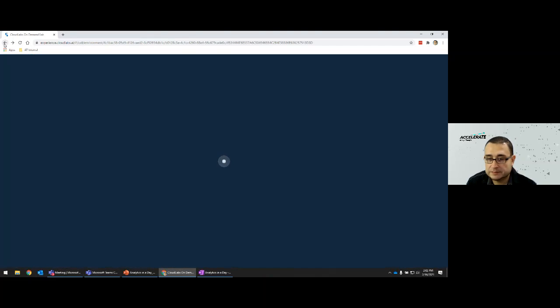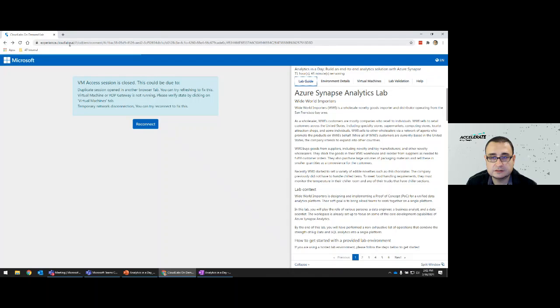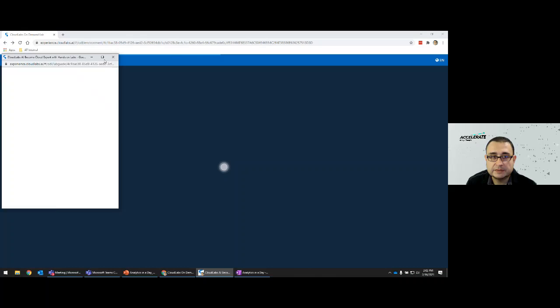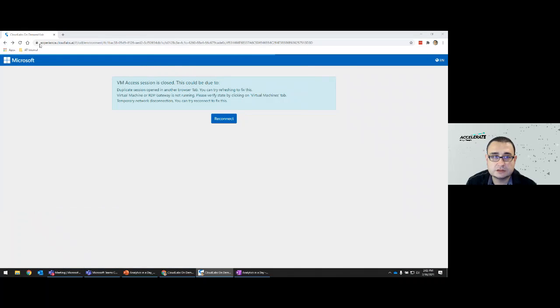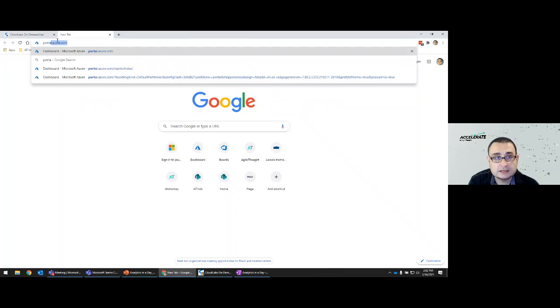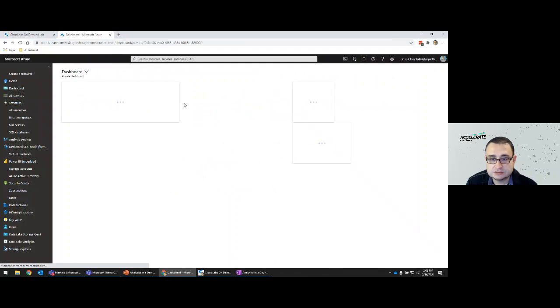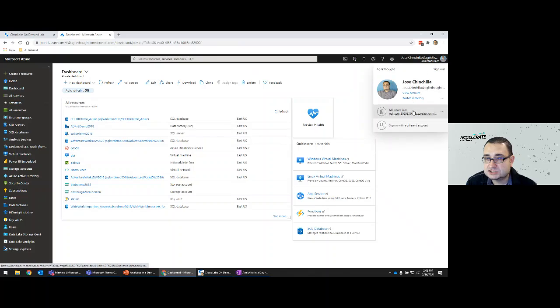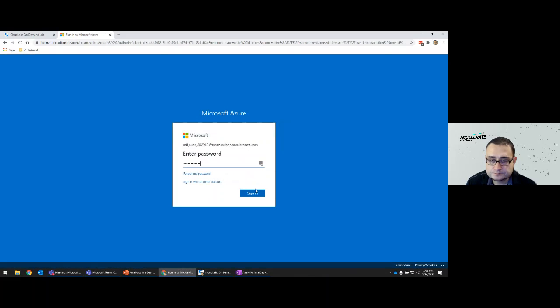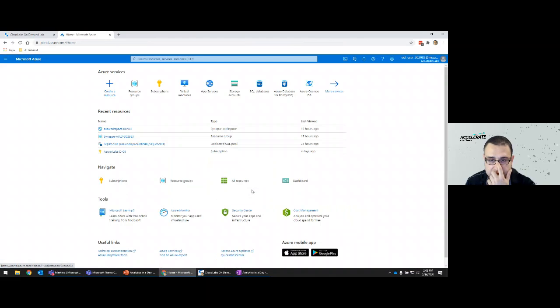In my case, I will navigate to my portal.azure environment. As a matter of fact, let me go back, because by doing that, it closed my lab web page. So I'm just going to open a new tab and connect to my portal Azure environment. And I'm going to change to my Cloud Lab user that was provided. When you log into the Azure portal, you should see these resources created. They will have different names, but you should see the same type of services.